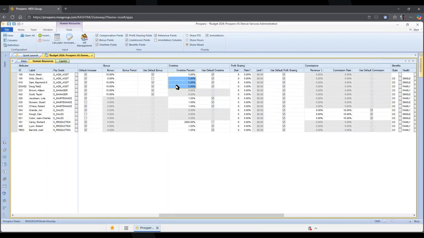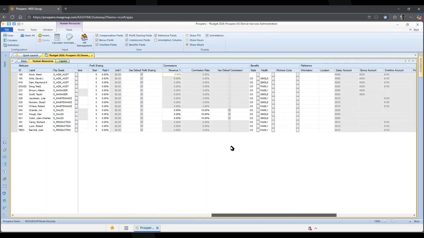We can handle overtime calculations, profit sharing calculations, commission related calculations, and we have benefit filters as well to help us figure out what, say, tax rates or maybe medical benefits should apply to each employee. So these benefits that you see for state, health, and workers' comp, they help figure out different rates for different